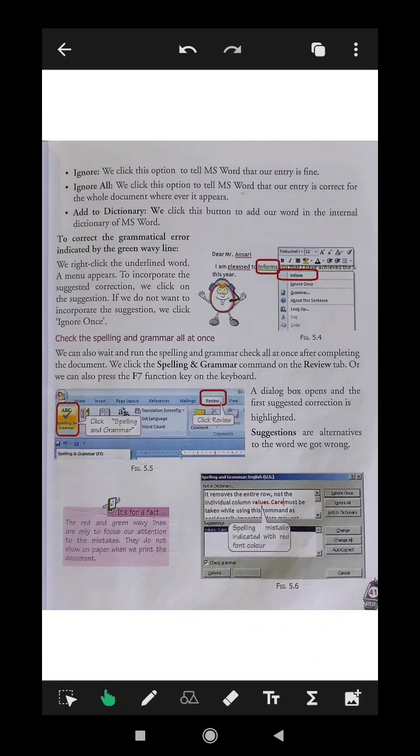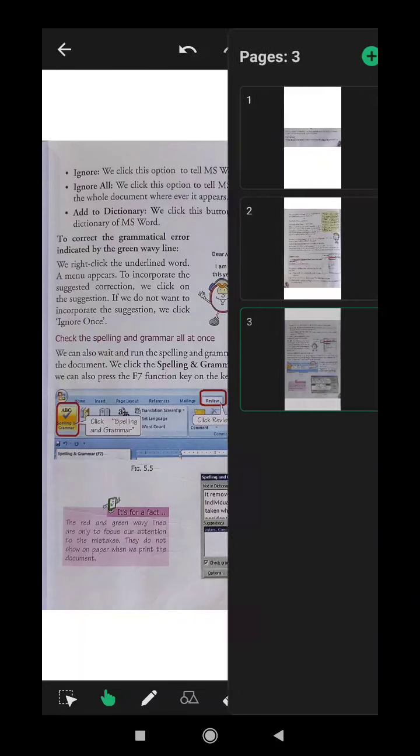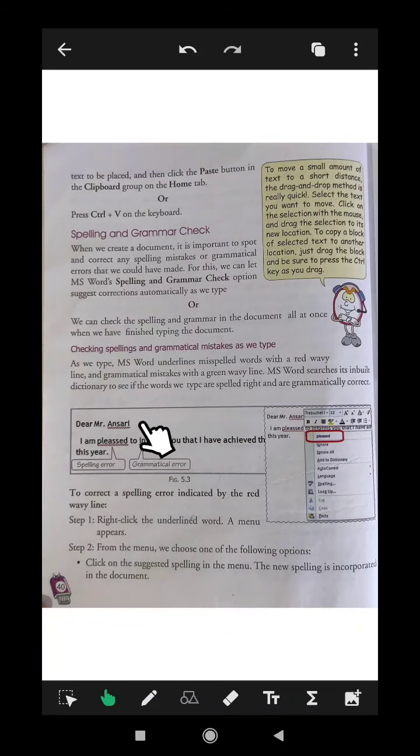Sometimes MS Word works on English vocabulary, so it doesn't know Hindi words or Hindi names. If you have typed something in Hindi, see, Ansari is a person who belongs to India.